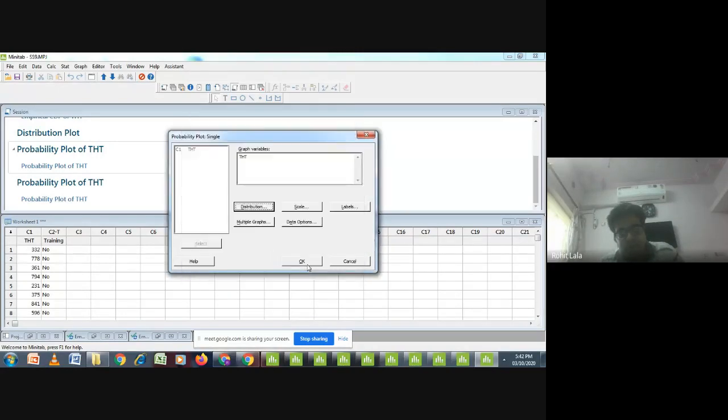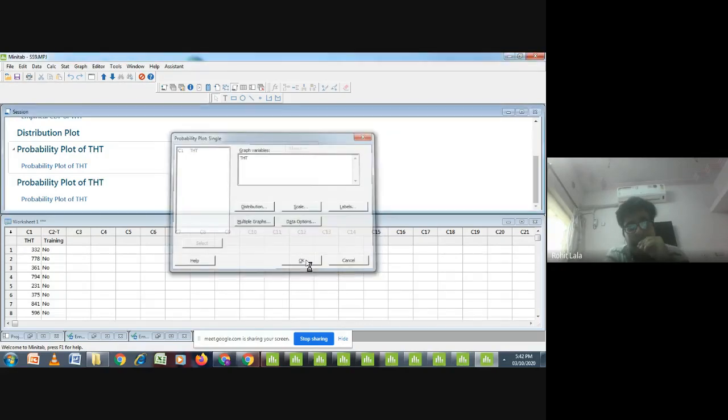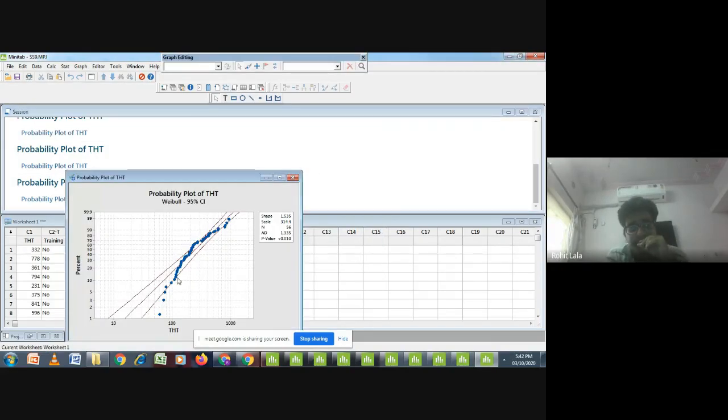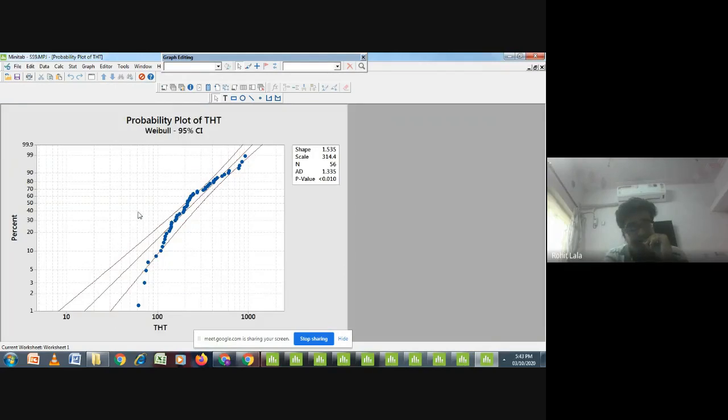When I just click OK, it will also show me whether the data is normal or not normal. So in this case, I need to select from all of them. Log normal would be the best, but then also we would check. See, my Weibull distribution also shows somewhat normality compared to normal distribution. But the best fit was, you can compare it. This is our first, Weibull distribution. It shows some abnormality.